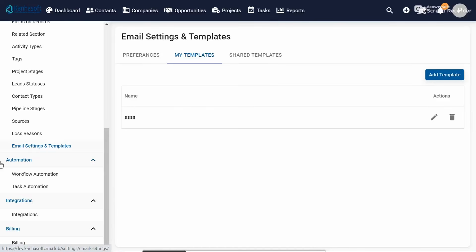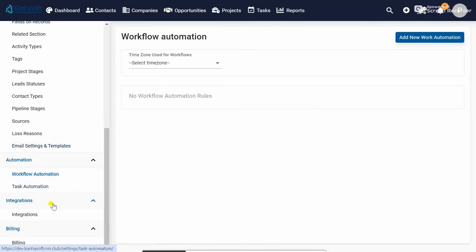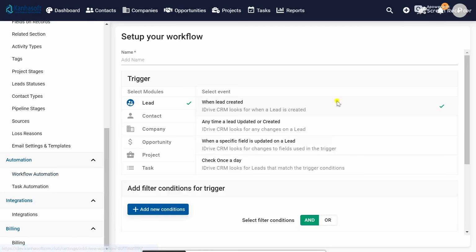Next is automations. You can manage the workflow and tasks. Suppose I want to change a workflow, click on workflow automations. Suppose I want to add a new workflow automation, click on add new workflow automation.